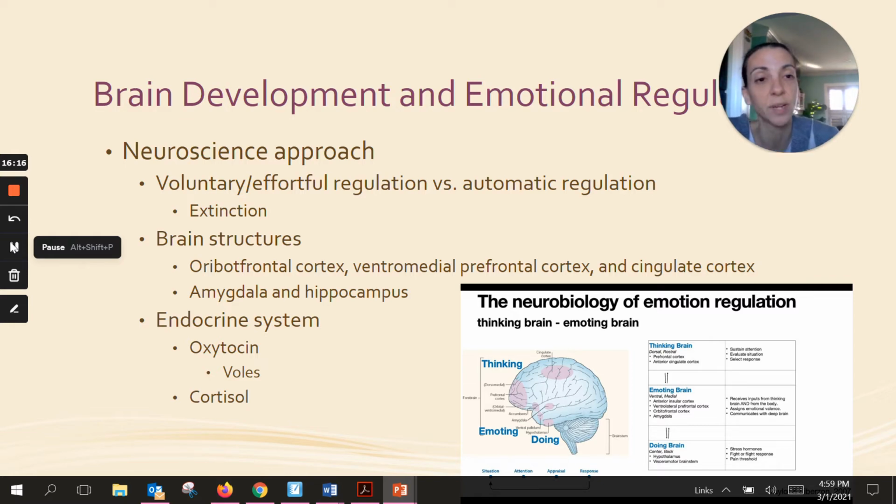Post-institutionalized children have dysregulation in their oxytocin systems. They show a muted or a lessened oxytocin response after interacting with their mothers. So they don't have that reward circuitry or that bonding that typically people do have with their mothers. Voles are highly social and monogamous animals, and studies with voles show that oxytocin protects against behavioral and cardiac dysfunction in relation to chronic stress and cortisol.